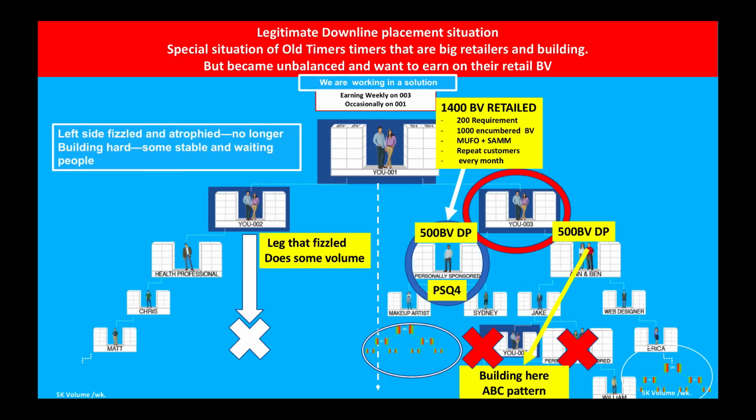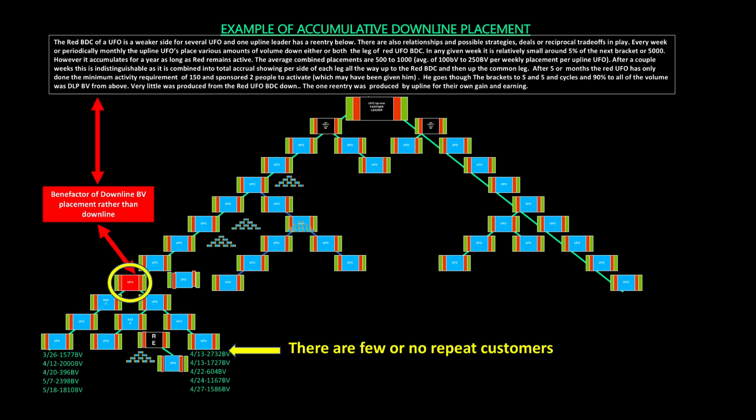So I should have clicked the slide earlier. So you can see that they would like to place 500 BV under their designated personally sponsored person that they do transfer buying with, and then put the other with the person that they're working with down below. They're building that leg. They may even have a re-entry down there. So they have 5 on the left, 5 on the right, and it contributes to their 003 being over every week. There's nothing wrong with that. It's totally different than some of the things that we've been talking about with downline placement.